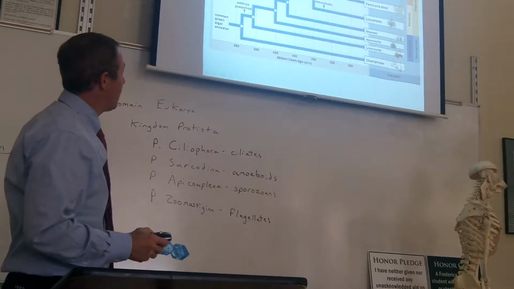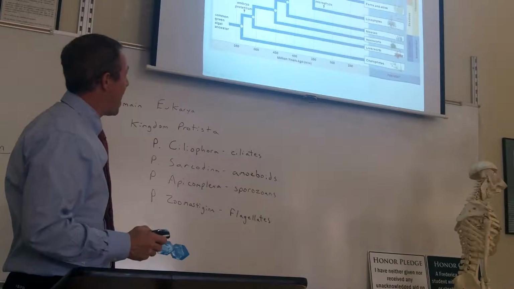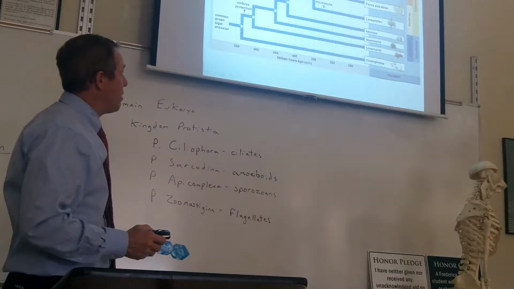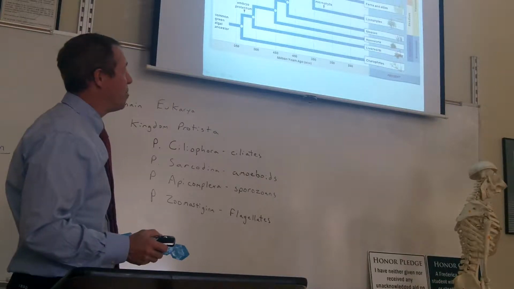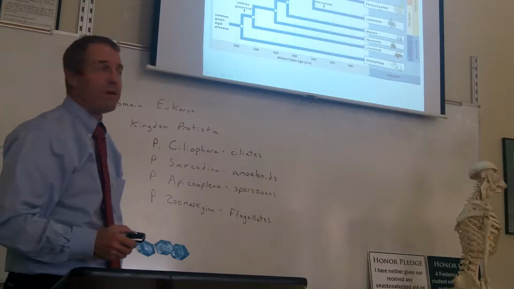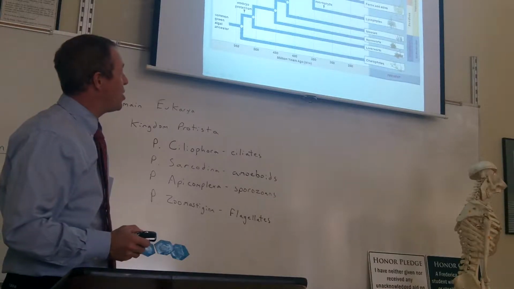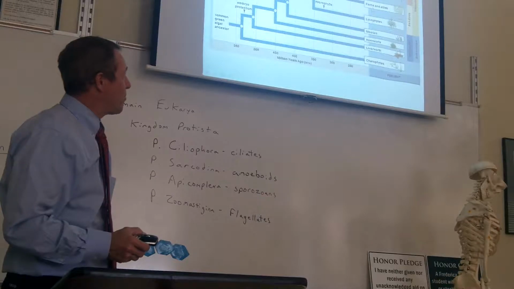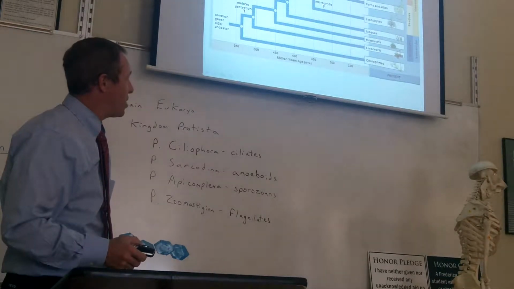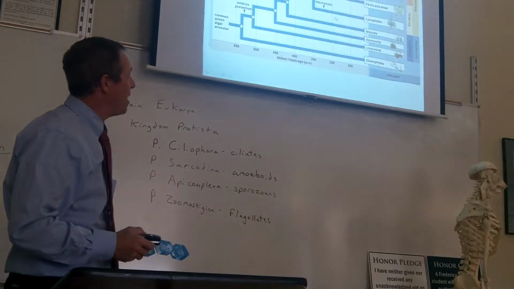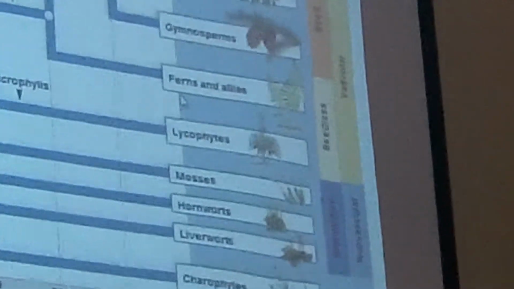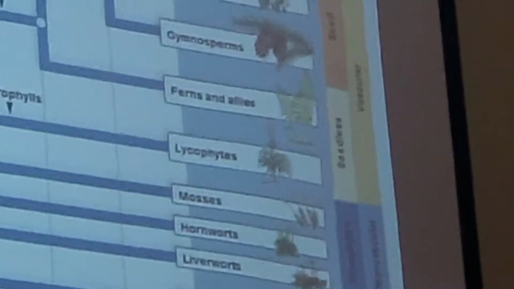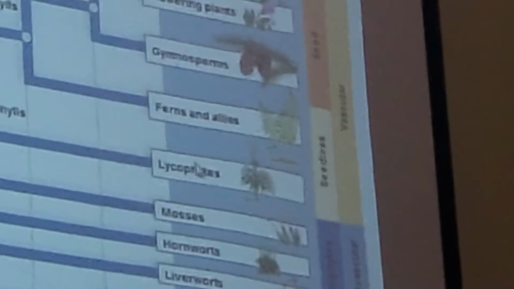So, of the plants with vascular tissue, you have these lycophytes. They're called club mosses. You've probably never heard of them, but you have heard of ferns, right? Ferns are these ancient kind of plants. They come after mosses, but they can grow taller. Do lycophytes have vascular tissue too? Lycophytes do have vascular tissue, but I'm not going to have you know lycophytes for this test. We should just do ferns.